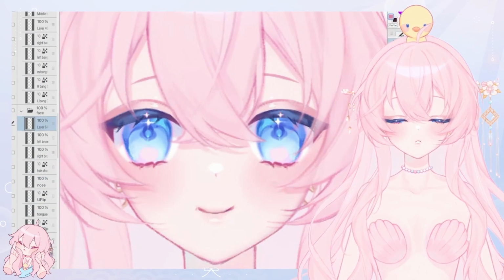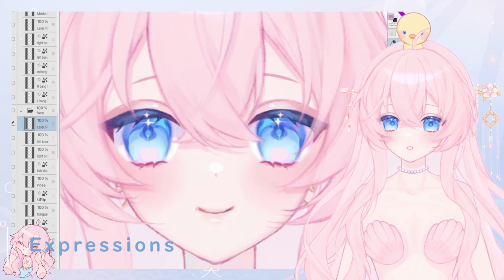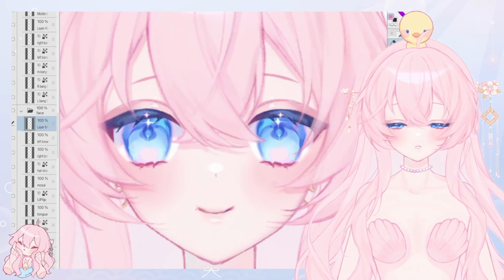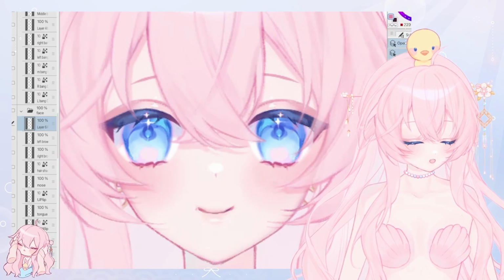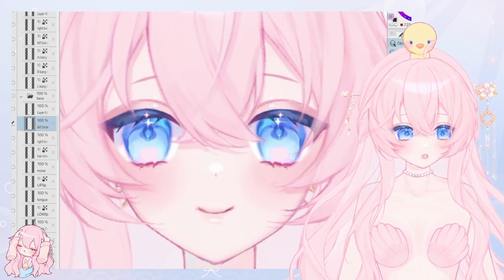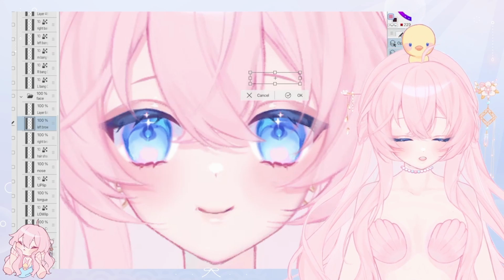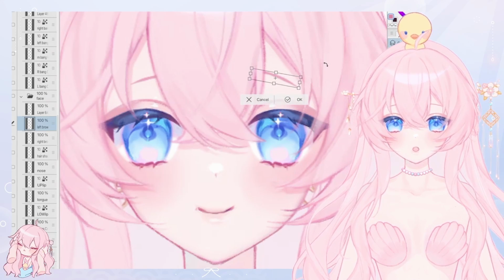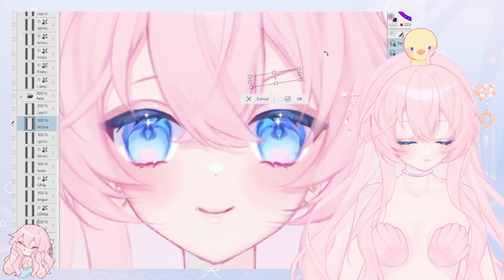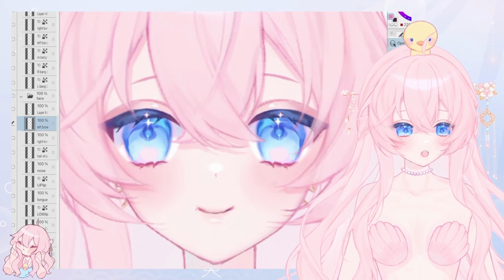First, let's go over what artists need to do for expressions. Expressions will be mostly handled by the rigger using the already existing pieces such as the eyebrows, mouth, and eyes. They'll change it via deformers and it'll kind of mimic this expression. For example, they'll change the angle of the eyebrows.